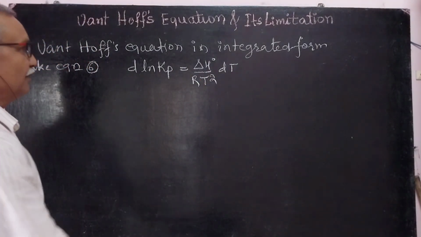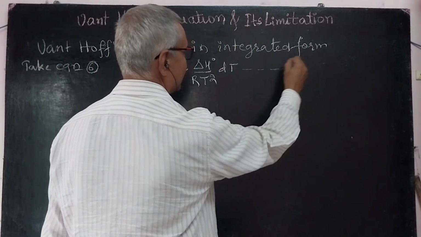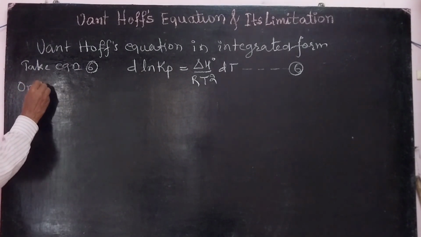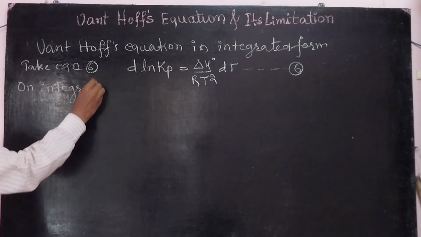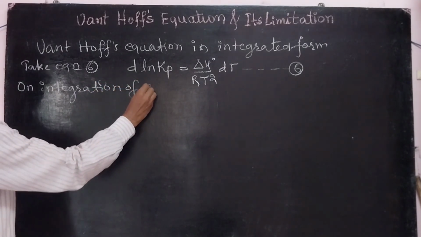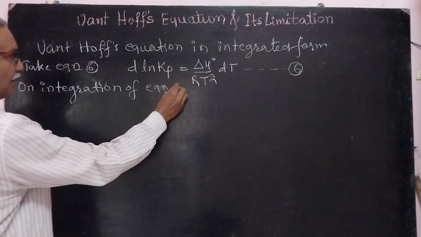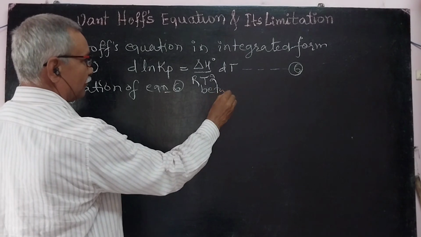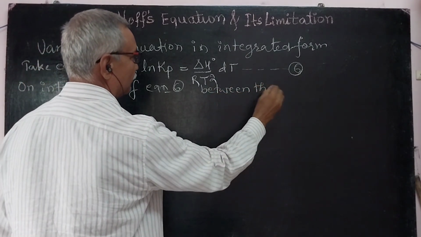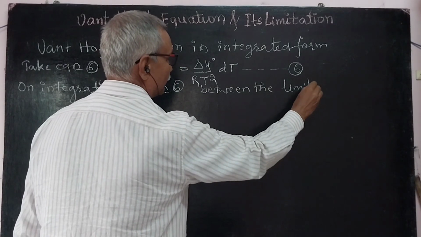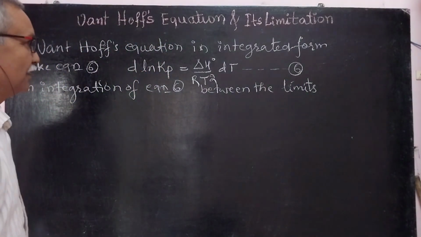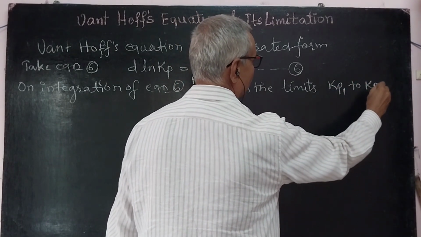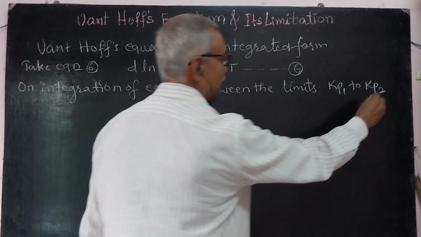On integration of equation 6 between the limits Kp1 to Kp2